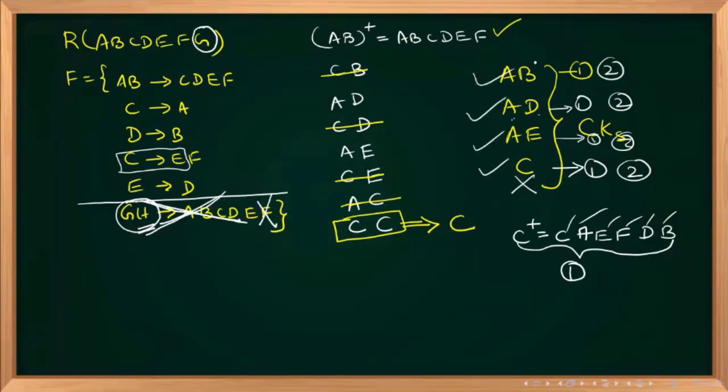So 4 candidate keys are there. This is a very, very good question. Till now this kind of question has not been asked in GATE, but they may ask at any time. This will clear all your doubts. Sometimes students may think it's not possible that every candidate key will have the same number of attributes. It's not like that.